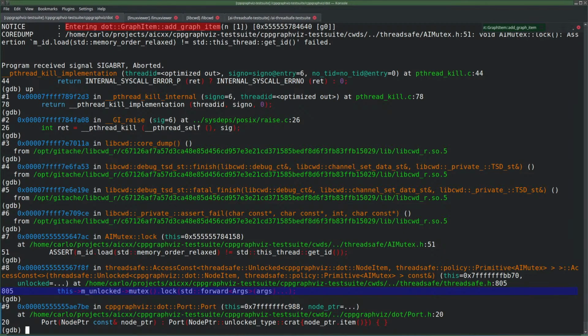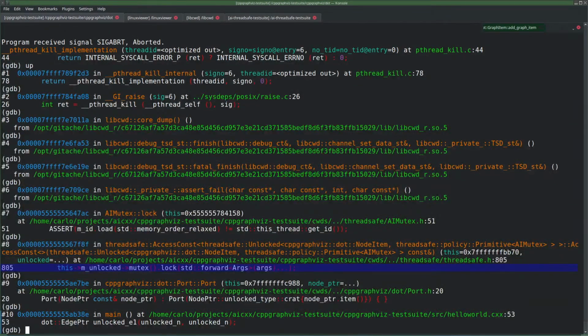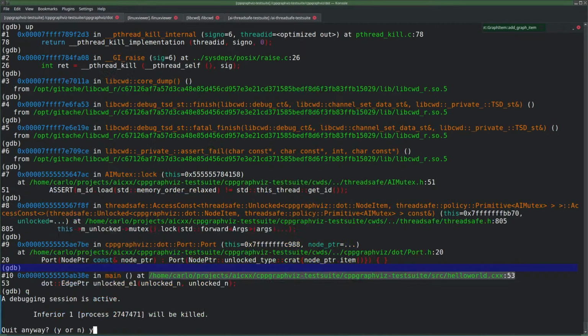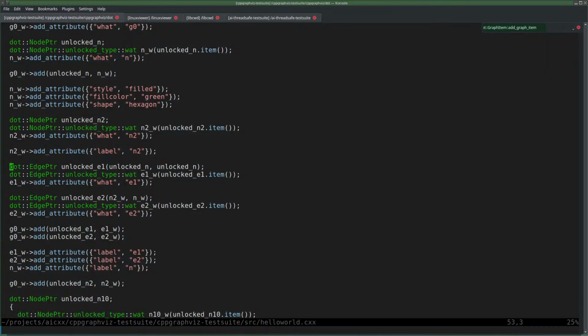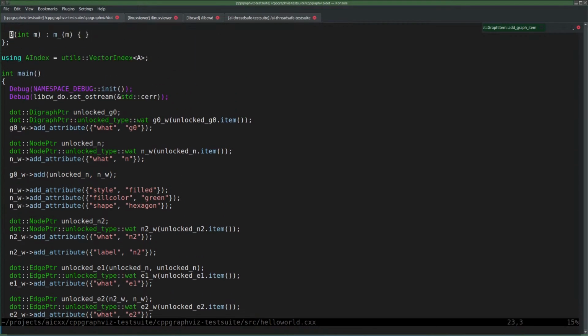Yeah, indeed. So N is still locked, and I was passing that, and I thought, well, why would I do that? But if I don't do it, then it's going to deadlock. So unlocked N, so that was, I guess,